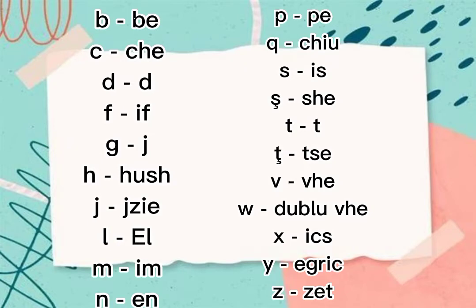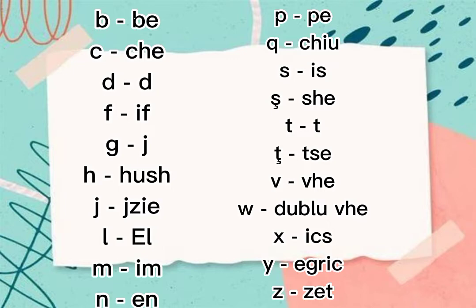The letter B as in be, the letter C as in che, the letter D as in d, and the letter F as in if, and the letter G as in j, the letter H as in hush, and the letter J as in j, and the letter L as in il, and the letter M as in im, N as in in, and the letter P as in pe, and the letter Q as in Q,